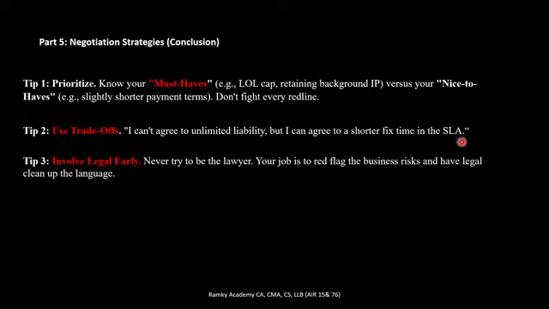And for any service level agreements, if there are any penalties or clauses, you may limit the penalty percentage, right? That is the safest thing, and nobody will say, I agree to unlimited liability. And legal has to be included early and respond, and always try to flag the risks in the business in order to protect the interest.